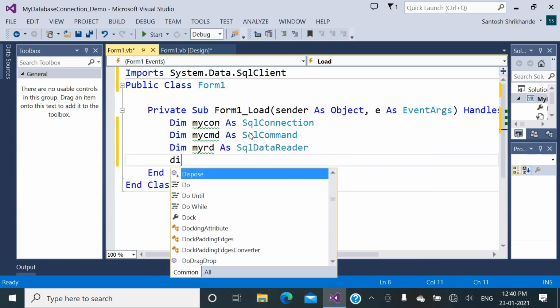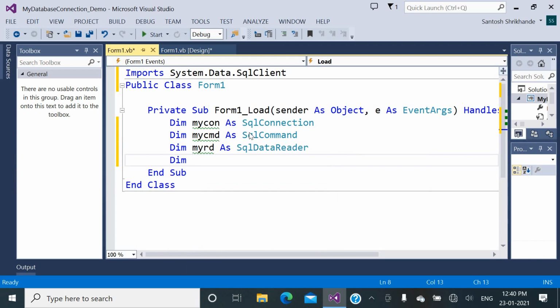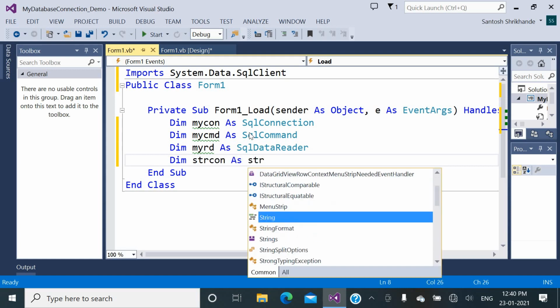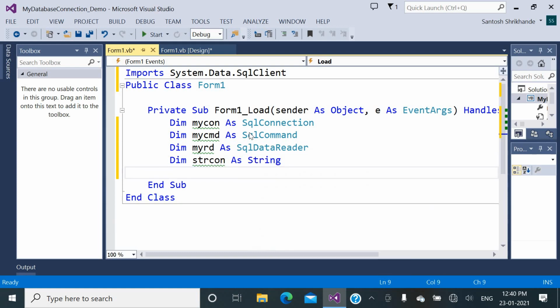Now one variable we need for storing the connection string, so here I am going to declare one string type variable, that is strcon As String. Now these four variables I have created here.